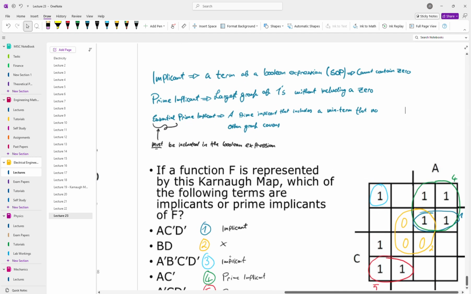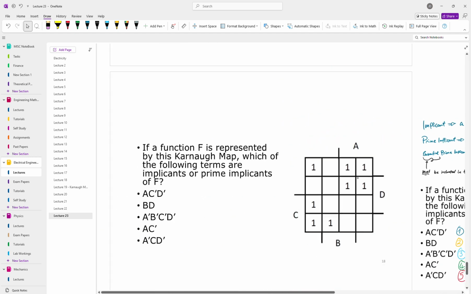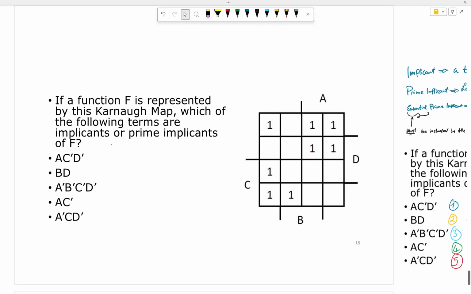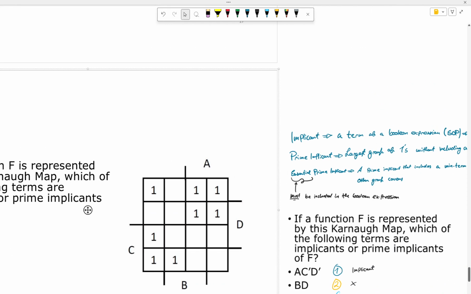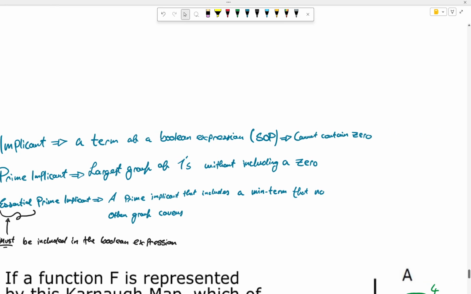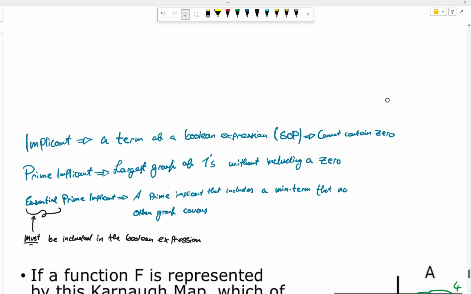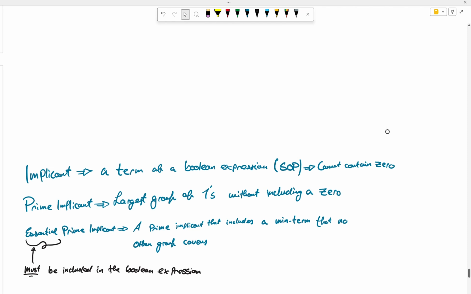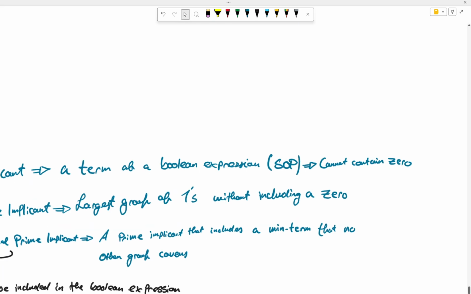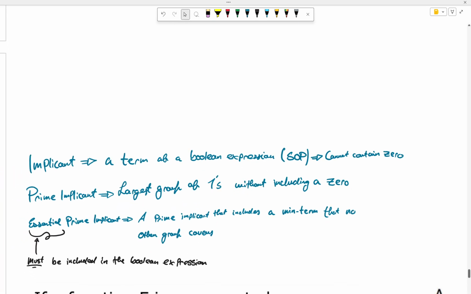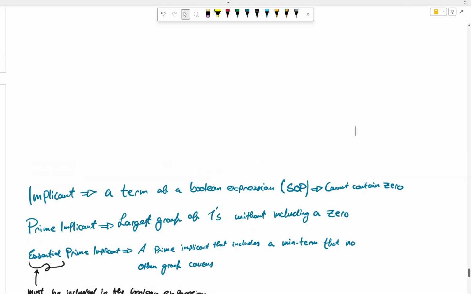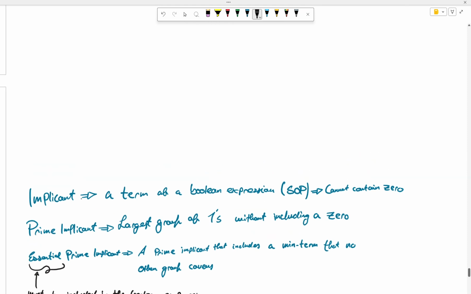All right, so this is all about implicants, prime implicants, and essential prime implicants. Before we start, the most important part is to have the definitions. The definitions for these are very, very important, and it's very important that you understand them very well. So the first one is implicant, which is a term of a Boolean expression, sum of the parts,